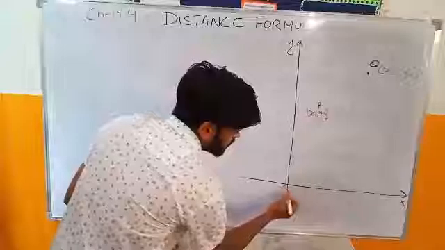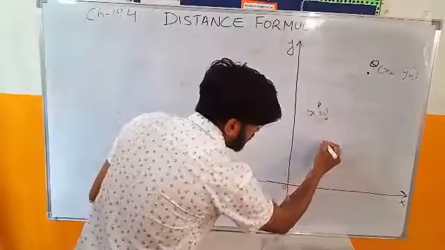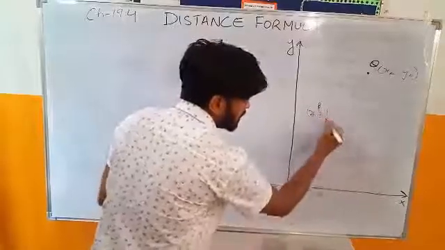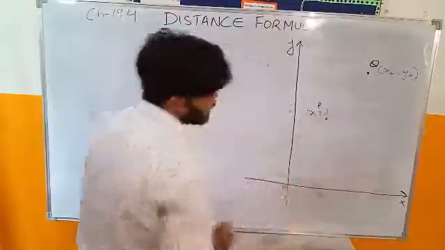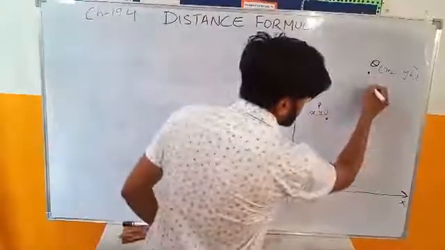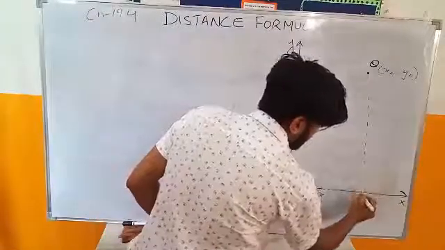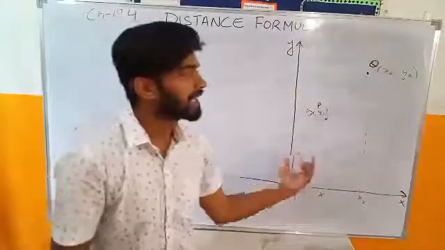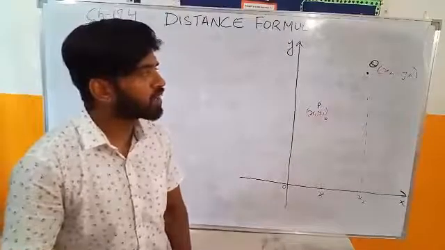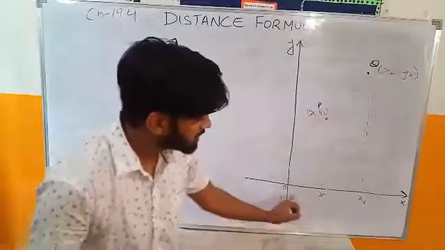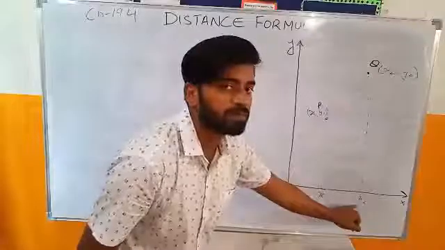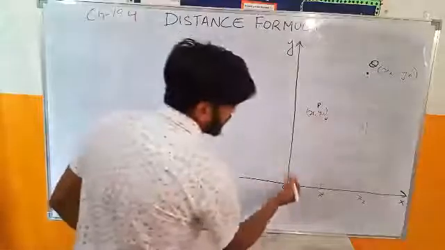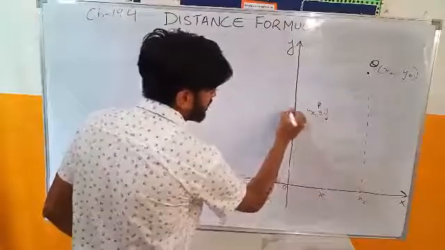That this is 0. So when I move from here to here, it is x1. That is why we write it here: if it was 3, we would write 3 comma 1, but here it is x1, so I have written x1. And this is x2. This is point x2. I'm not writing any numbers. If I had written numbers, then we couldn't directly solve it; we are just figuring out how to find the formula for this. So this is x1 and this is x2. Because this is the x line, I have kept x1 and x2. Over here, if you see, this is y1 and this is y2.